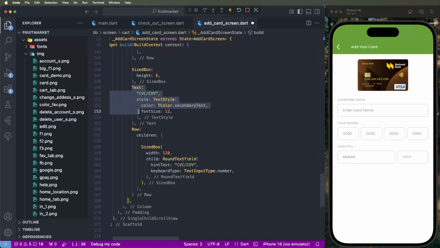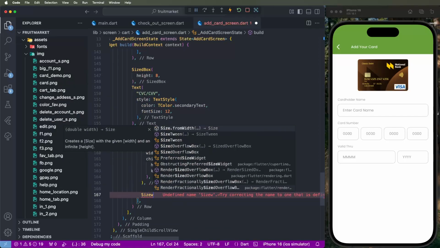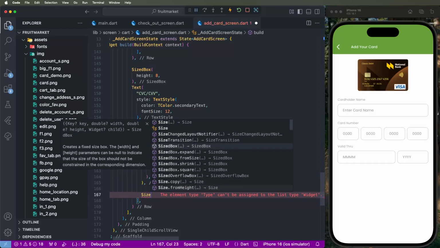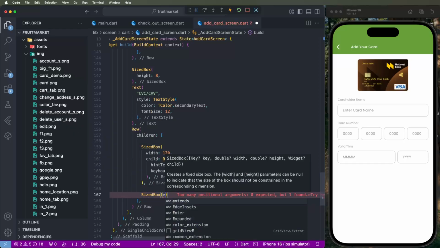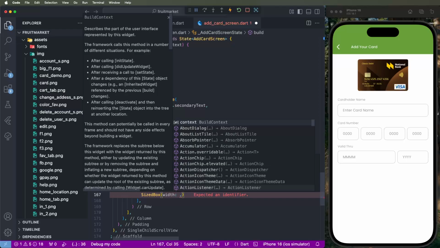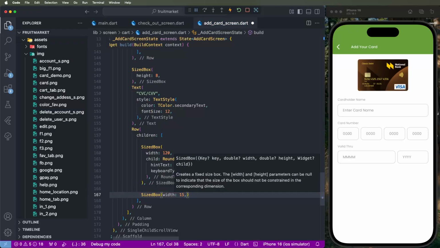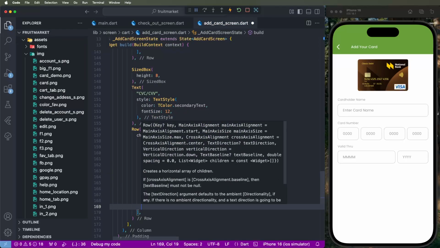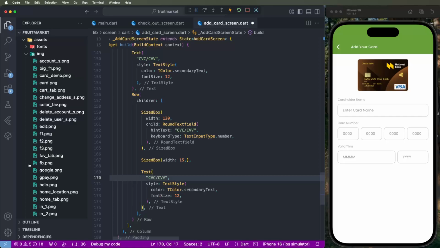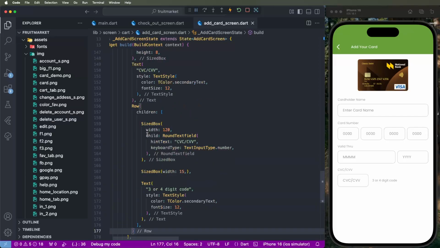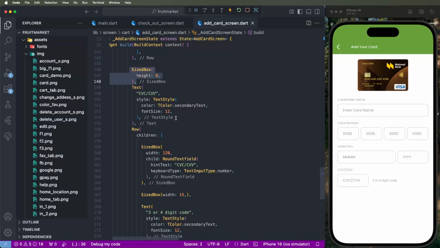and we need to set the text size box width. Need to set the width 15. Like we need to configure what is needed here, and paste this here for this code, and we need to write down the 3 or 4 digits of this code. We need to set this for the UI. We need to configure this here. Now we need to give some height space again